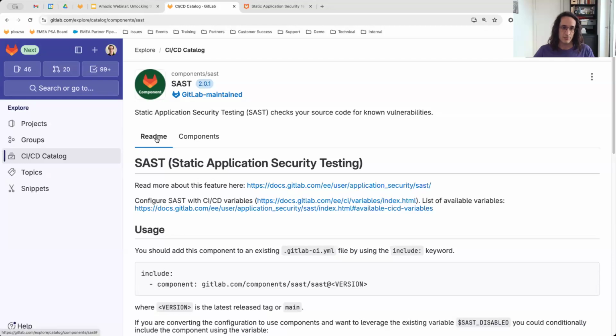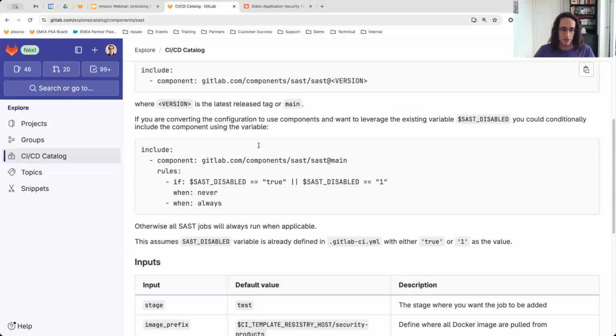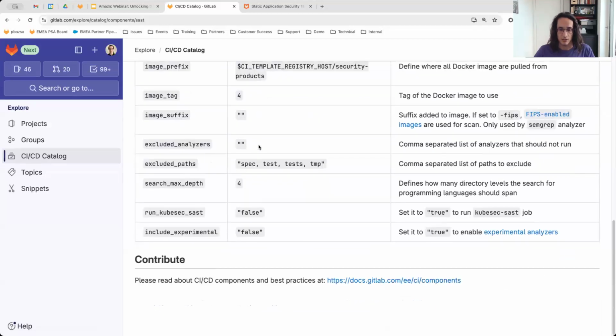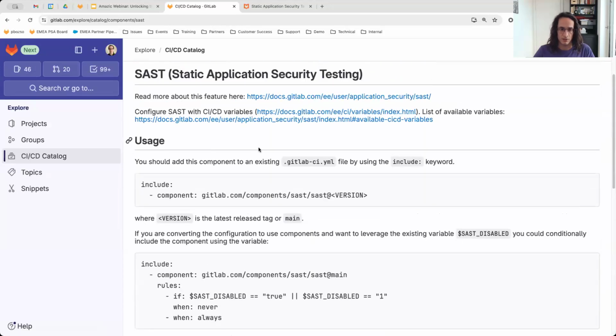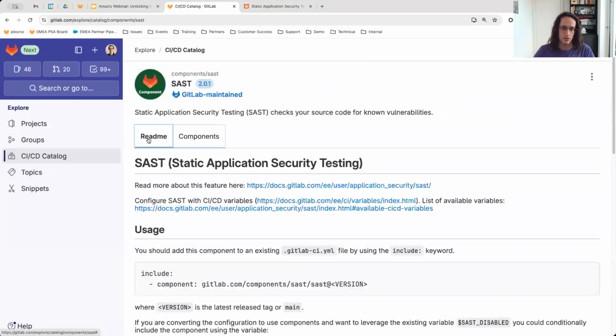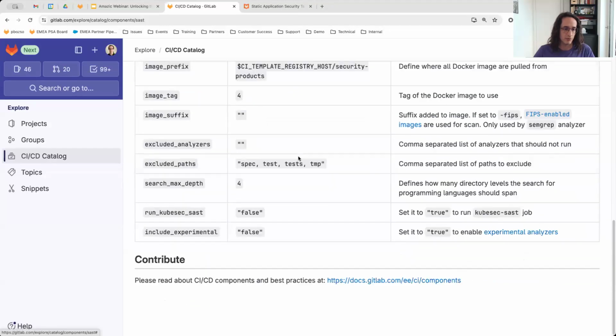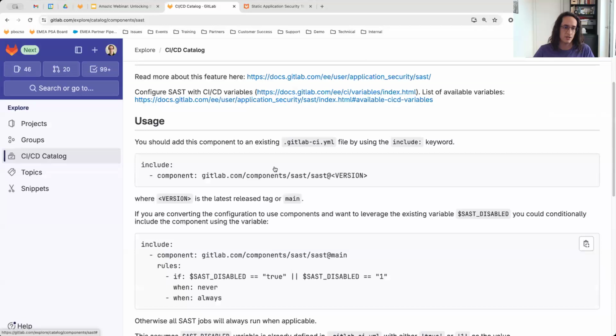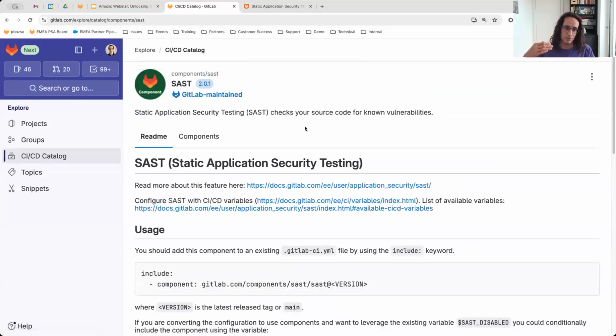This README is coming from the repository of this component, because each component is stored in a repository that you can basically access. But essentially, all of the components that we publish are stored in a GitLab repository, right?